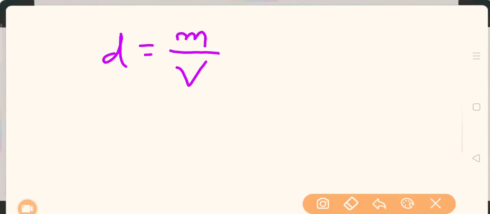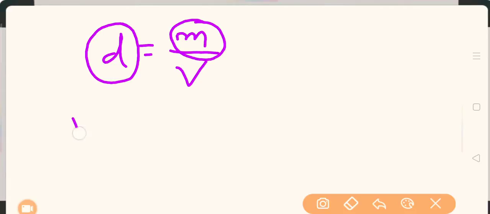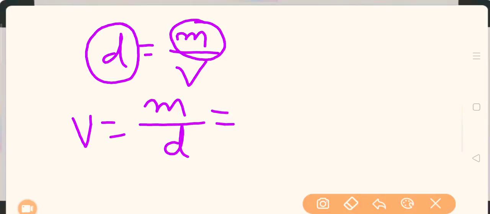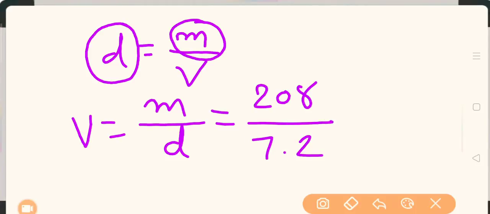Now how can we find the volume of 208 grams? That means total volume. So as we know, density is equal to mass upon volume. Now in this case, we have the density of the substance and the mass of the substance. That means you can find volume. So our equation will be volume is equal to mass upon density. Now the mass of the substance is 208 grams and the density of the substance is 7.2 gram per centimeter cube. So from this calculation, that means 208 divided by 7.2, you will get